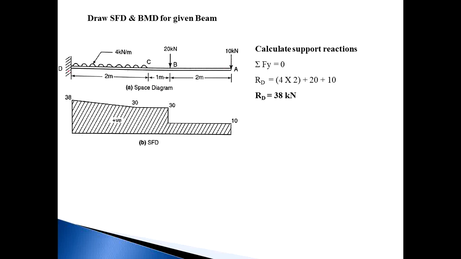So first calculate RD. Once again, in this cantilever beam there is only one upward force, that is RD, and three downward forces, that is the UDL, 20 kilonewton and 10 kilonewton. So RD is equal to, upward force is equal to downward forces. The downward forces are first the UDL, that is 4 into 2, plus 20 plus 10. So RD becomes 38 kilonewton. RD is equal to 38 kilonewton. Then next